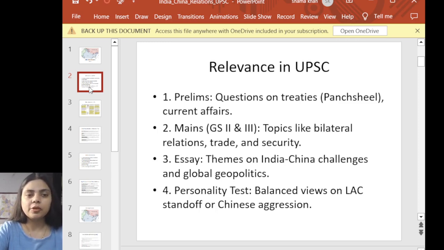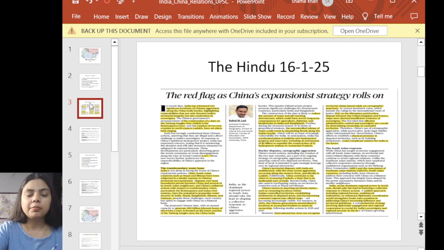and essay also. Another area of question in prelims we have seen is the map based question, be it Galwan Valley, be it Siachen Glacier. So you can connect how the question has been asked, and you can prepare accordingly. In GS paper 2 and GS paper 3 of mains, you can connect it with IR and internal security topics. So this was the editorial which was in today's newspaper,